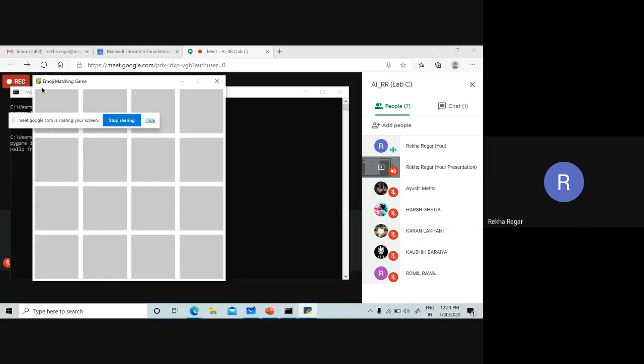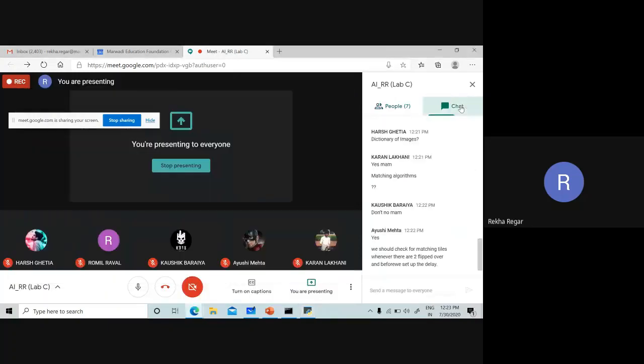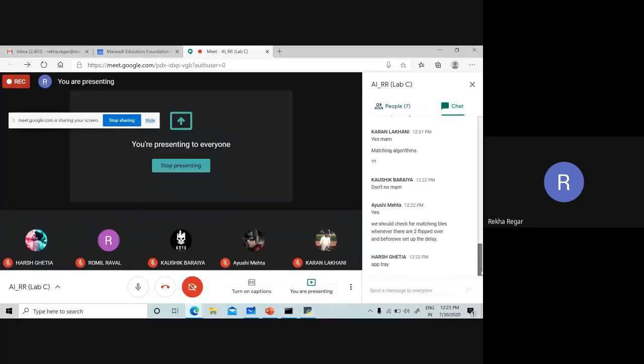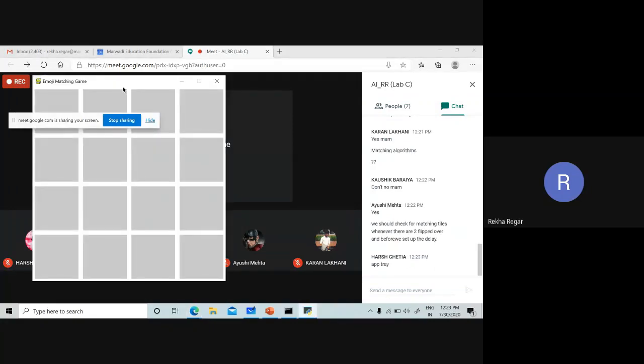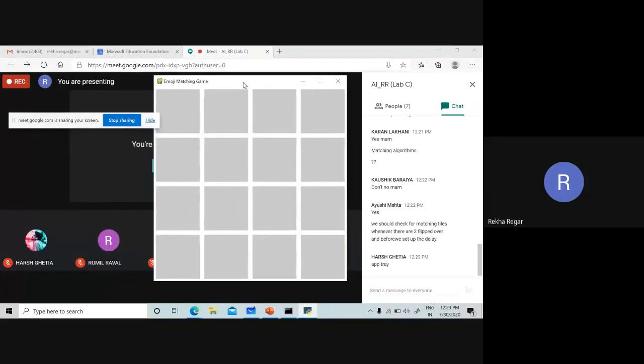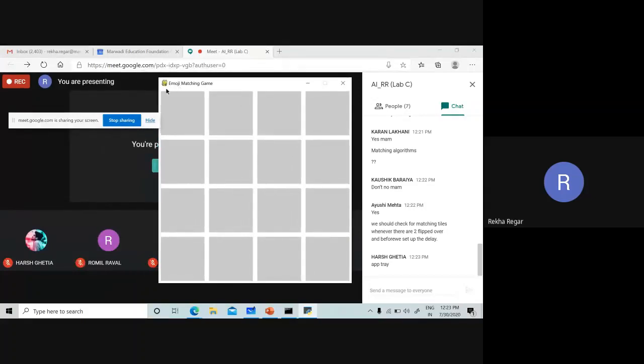First of all, I need this window. If I get this window, then I can add images in this. So how can I get it? First of all, I have to write down the code for this window. And after getting this window, we can add images to this window.